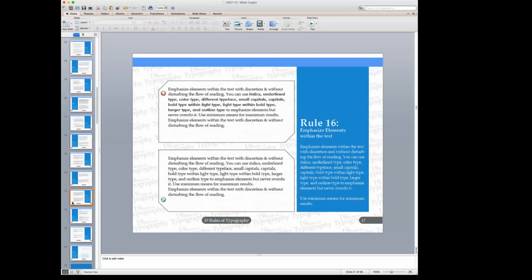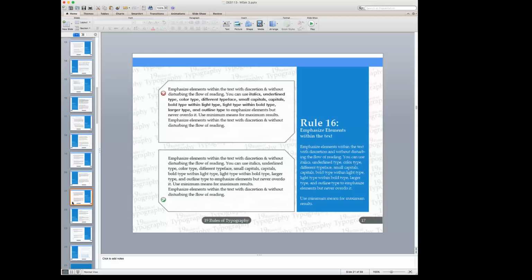Well, when you're working with large bodies of text, you also want to make sure that you emphasize certain elements within the text, because in a large column of text, nothing really stands out. So with discretion and without disturbing the flow of the reading, you could use italics or maybe underline your type, or maybe use a different color to highlight something, or use a bold type within a light type to create some contrast and emphasis to a certain particular section that you want to highlight.